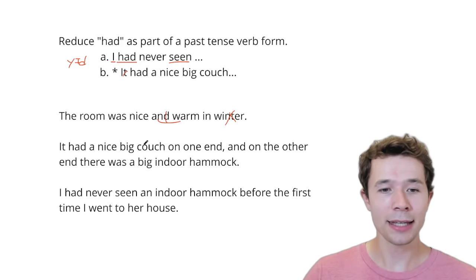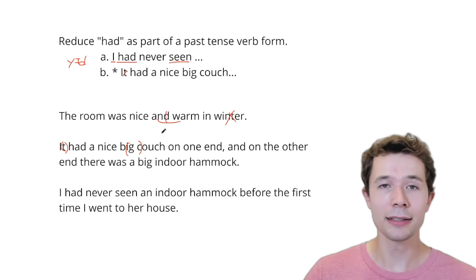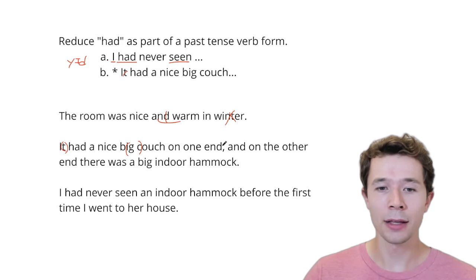It had a nice big couch on one end. It had a. So that T gets reduced. It had a nice big couch. This g and k sound, they connect together too. It had a nice big couch on one end, and on the other end, so we're going to take off this D in and on the other end, now we'll connect n and the here, on the other end,